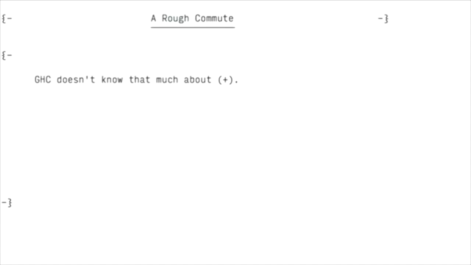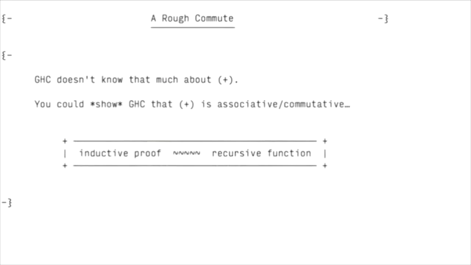Plus is just a type-level function that, when you give it two ground types, two concrete numbers, can reduce them and find out that 2 plus 2 is 4. But it doesn't know that n plus m is equal to m plus n for all n and m. That kind of universal statement is what we would need to rearrange when type variables are in play. And you could show GHC that plus is associative and commutative. And I want to go into what that would look like, because